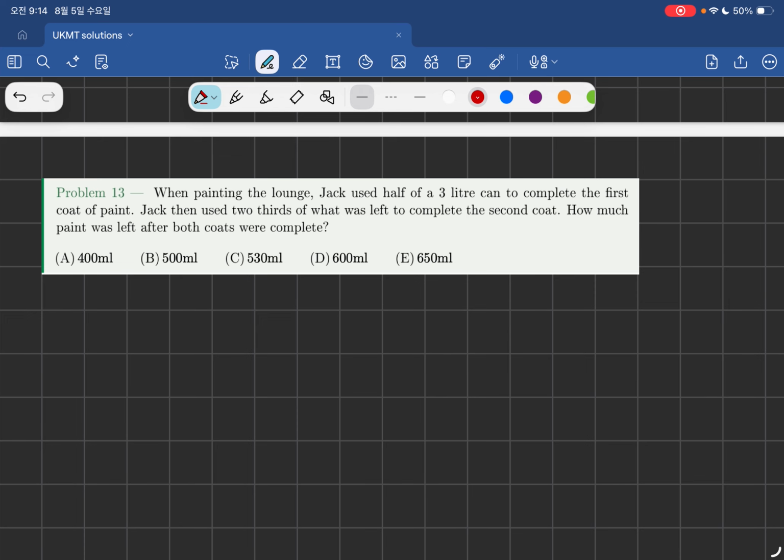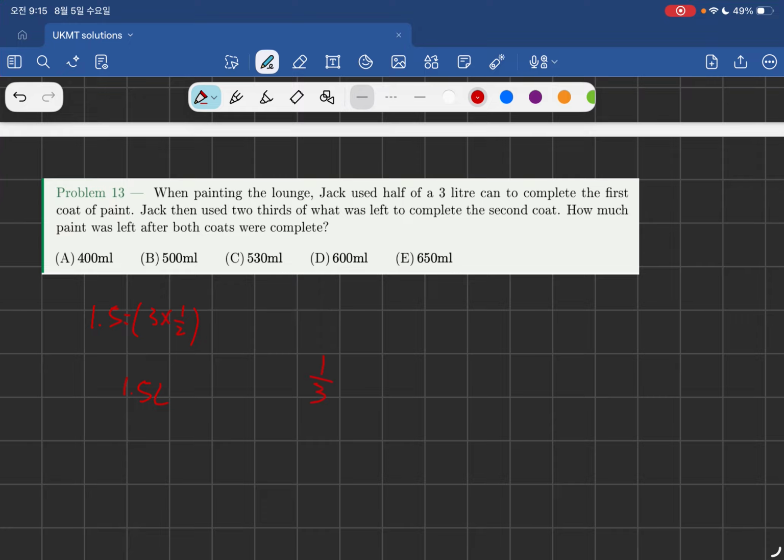Now, Jack used half of a 3-liter can, so that means Jack used 1.5 liters. 3 times 1/2. So meaning there are 1.5 liters remaining. And then Jack used 2/3 of what was left. So Jack used 2/3 of 1.5 liters, meaning